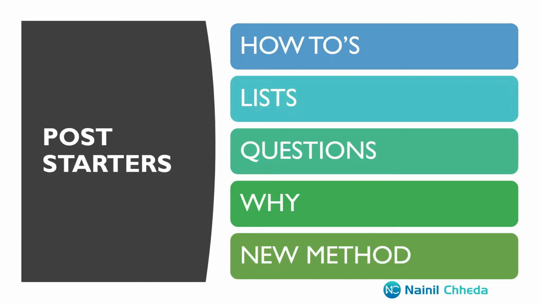Then you have lists, right? So listables are the ones where you say 9 ways to lose your weight without exercise, or anything with a number becomes a list that you're giving them. Questions could be, are you making these same mistakes when writing in English? So you are bringing curiosity and you are posting a question for that particular audience and getting them to read your content. The why. So with the why, you want to talk about why is this happening, why is that